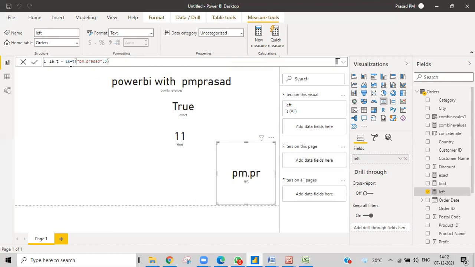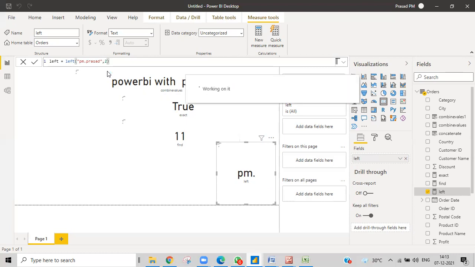What we need to do, first of all, is find the dot position. Then we know the dot position, because if we know it, obviously we can give one character minus. Let me make this simple. Right now I know the dot position. I gave 3, so the third position is the dot position. If I give 3, I'll get the dot also. So the dot position is 3, and I'll make it 3 minus 1, which is 2. I'm going one position lesser than the dot position. Then obviously I'll get PM.